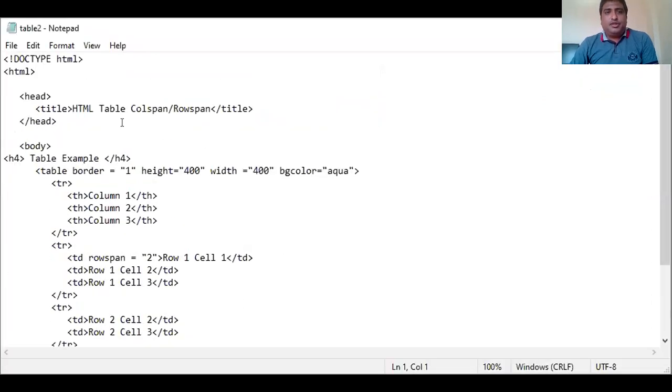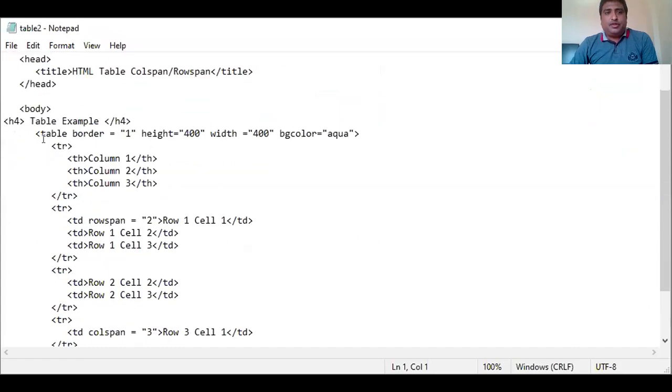In that, here we start with the body tag. Table example, table border is equal to 1, height equal to 400, width equal to 400. So it will display the table with a height of 400 pixels and a width of 400 pixels. We use bgcolor as aqua. We can specify a hexadecimal value also, or we can specify a color name also.